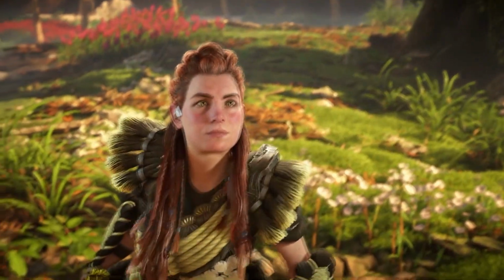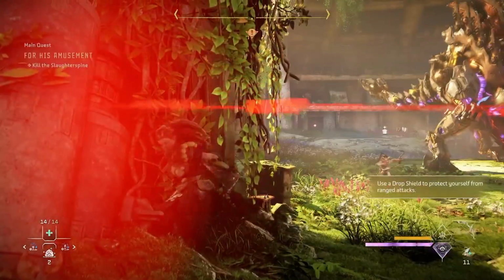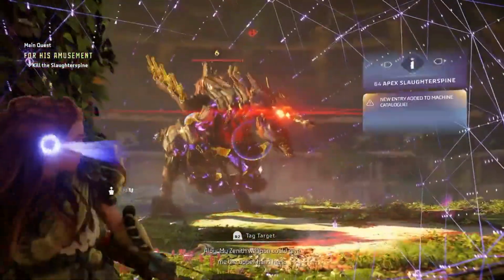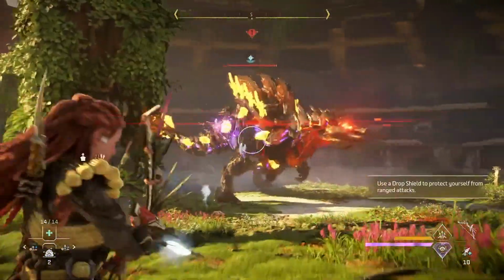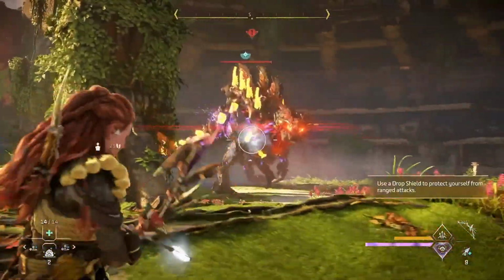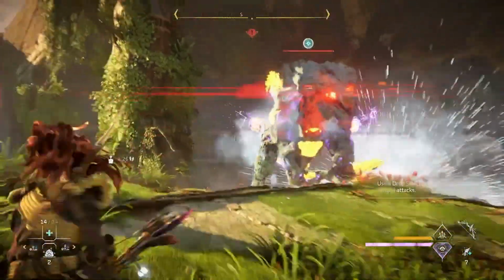Ooh, so Slaughter Spine. My Phoenix weapon can give me the upper hand here. I think this is our first one. Oh, let me ice him up first. So while I'm icing the Slaughter Spine up,